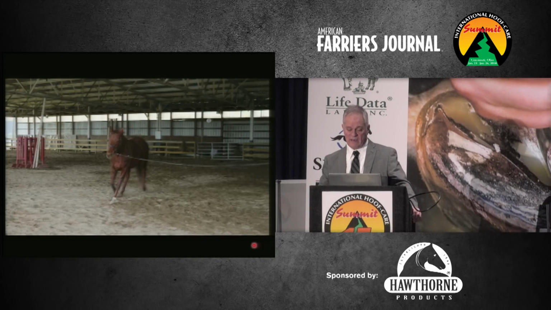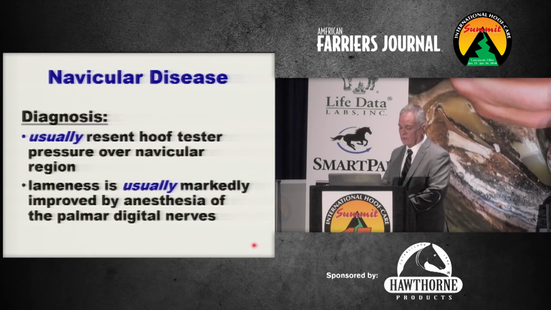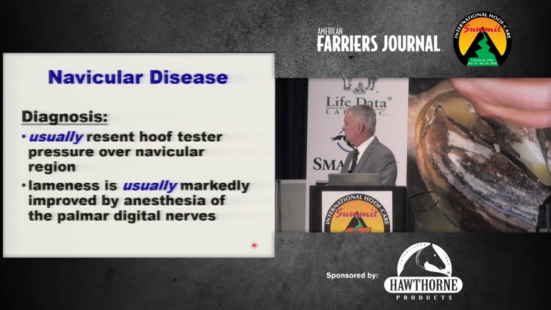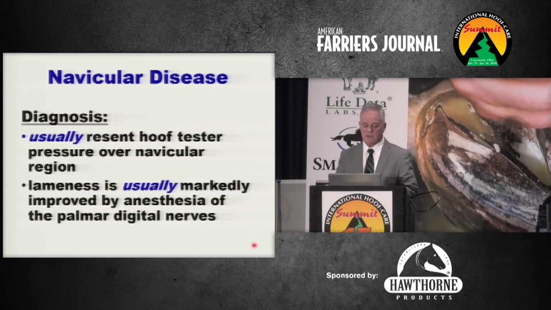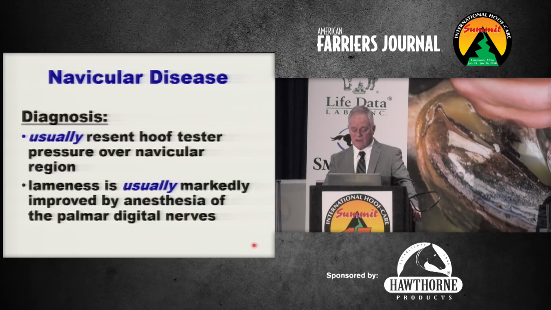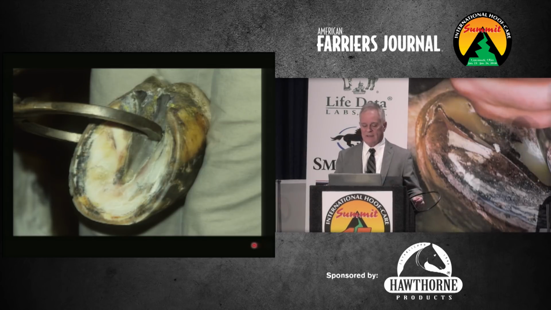Hard surfaces, again, will make the lameness more apparent in most cases. Okay. As far as our physical exam, most horses will resent hoof tester pressure over the navicular region, and most horses are going to improve markedly with anesthesia of the palmar digital nerves. Okay. So when we use hoof testers, we're going to apply pressure down through that middle third of the frog